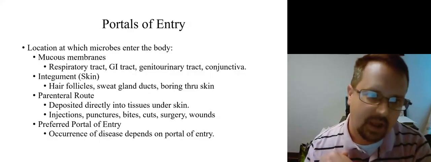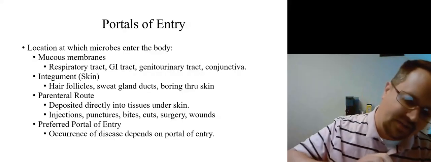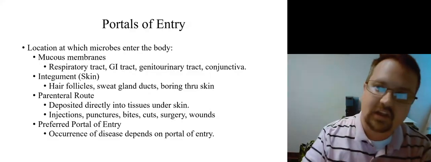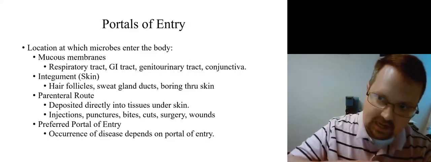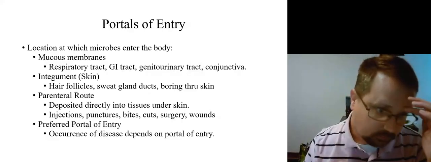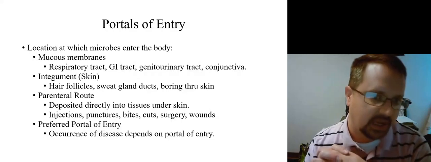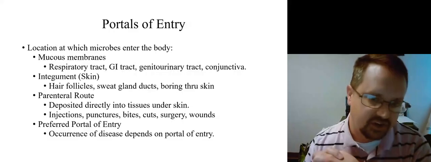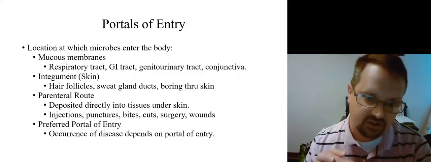Integument, skin, through hair follicles, sweat gland ducts. Some things bore through the skin, including some insects, which can bore through the skin and then insert microbes. The parenteral route is under the skin, like an injection, an insect bite, a puncture, an injection, a surgery